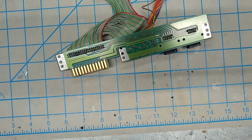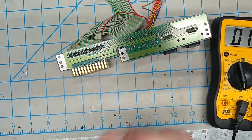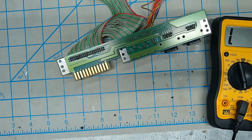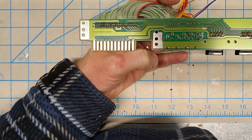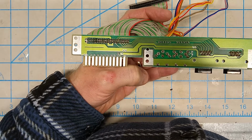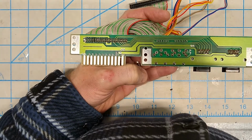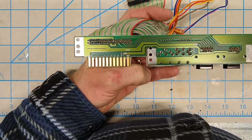Okay, let's try again. Still have a connection. Okay, so I went off camera to finish this. I had to go a lot deeper than I thought I was going to have to go. You know, I've cut a lot of traces before, and generally it's a quick slice with an X-Acto knife or something, and that's all there is to it. Really had to go deep with this one and dig in there to get past the copper